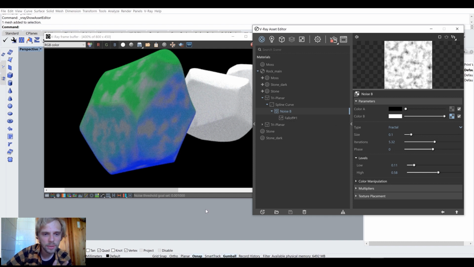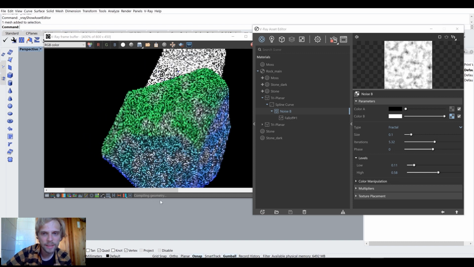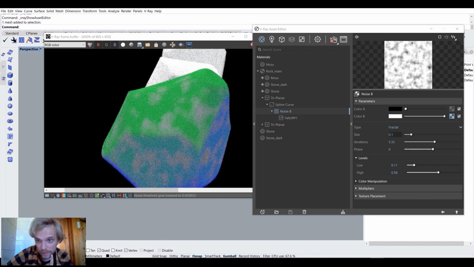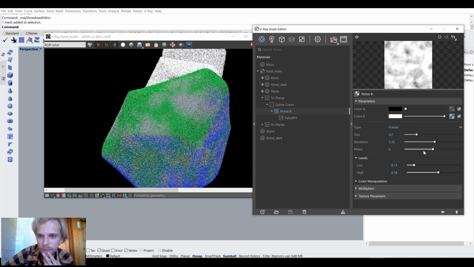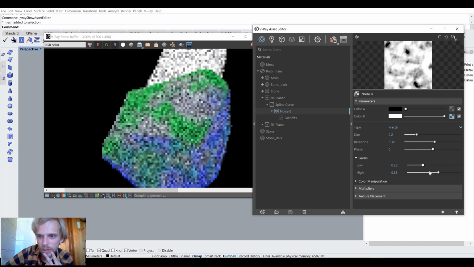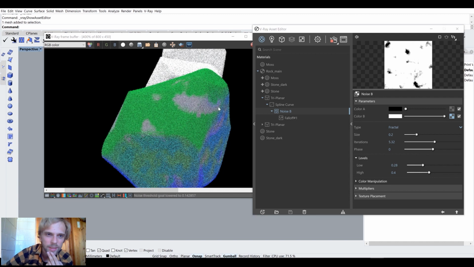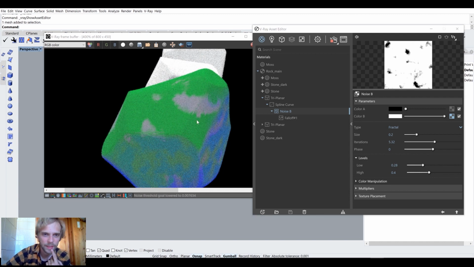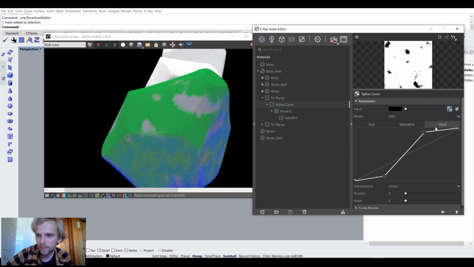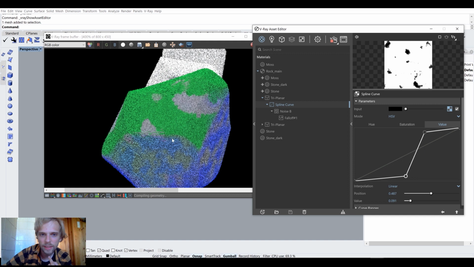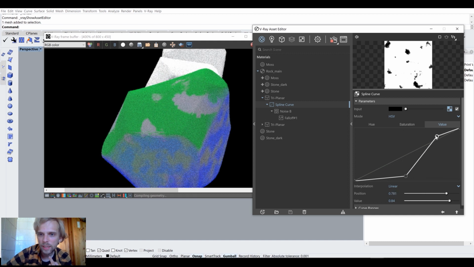So now let's check out the tiling of the noise map. I think the tiling for this could be a little bit bigger. So I'll do 0.2, and could be a little bit sharper. Something like that, maybe. Yeah, something like that I think works better. And then for the spline curve, the value, I will just say that black value extends longer,